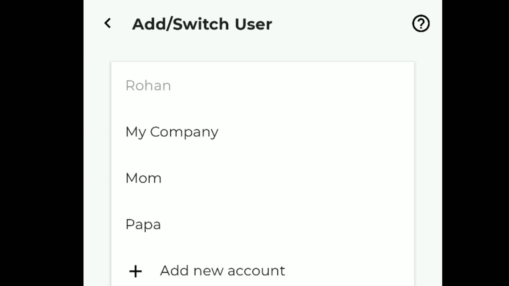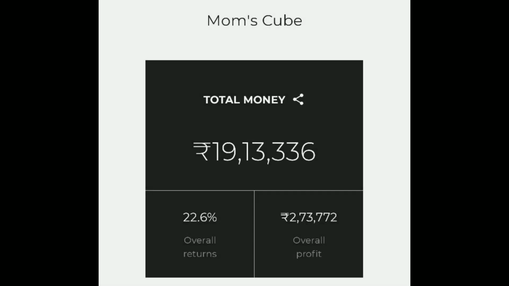Let me quickly show you 3 important screenshots for this from the app. The first screen is where you can add a family account. The second screen shows you a broad portfolio view of your family members. Right now you're looking at an account which shows someone's mom's portfolio. You can have one for your brother, your father, your sister, whoever else you're managing the investments for.